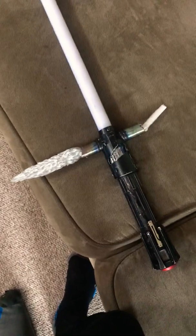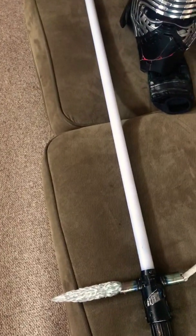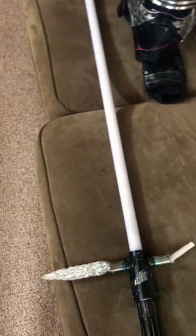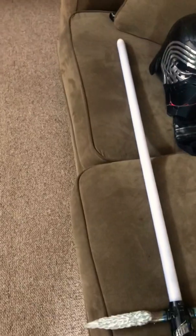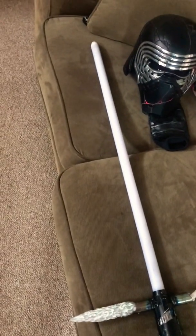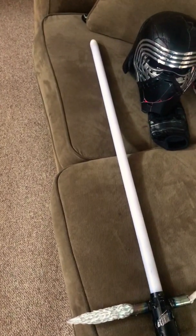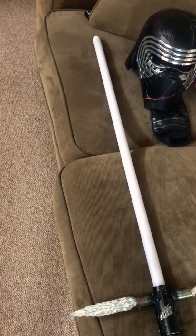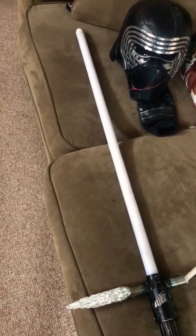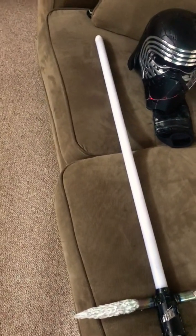The blade that came with it, this isn't the blade. This is a TCSS heavy blade that I had to bore out the tip part for to fit the parabolic tip. I think that's what it's called, right? It's not a bullet tip. I was thinking about sharpening it, but it's just too hard to sharpen. Anyway, the blade that came with it, I swear to God, it was like 0.99 of an inch,